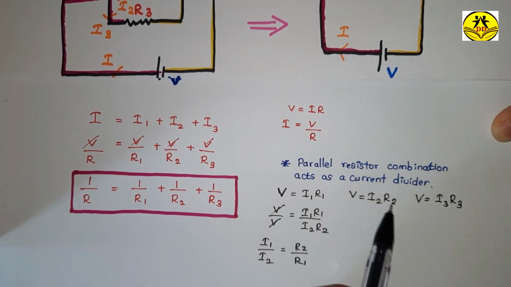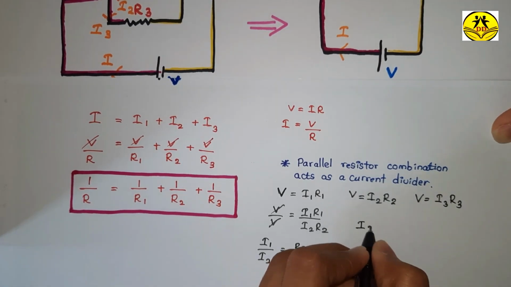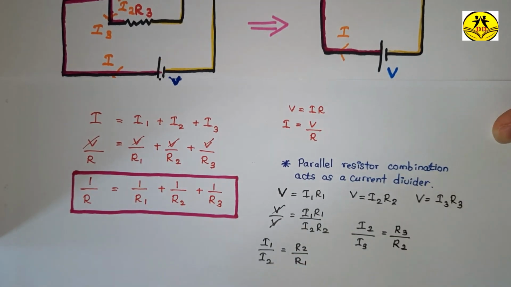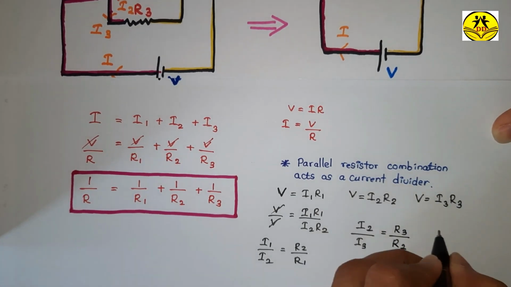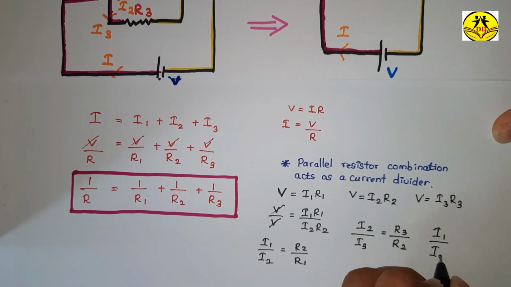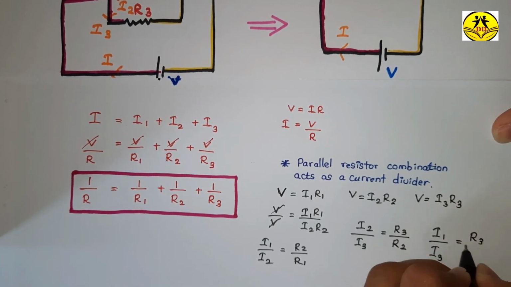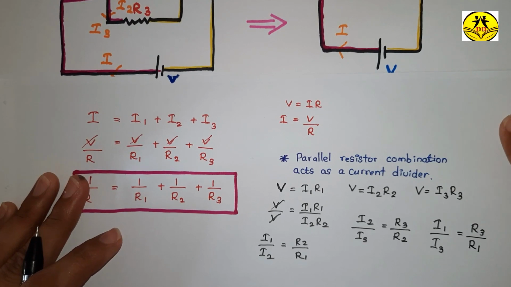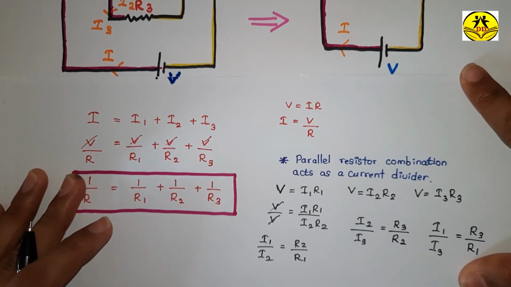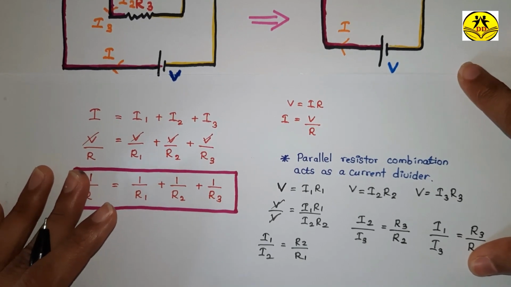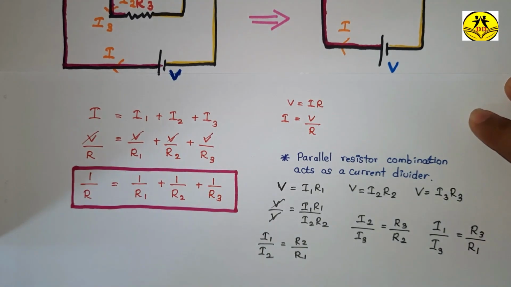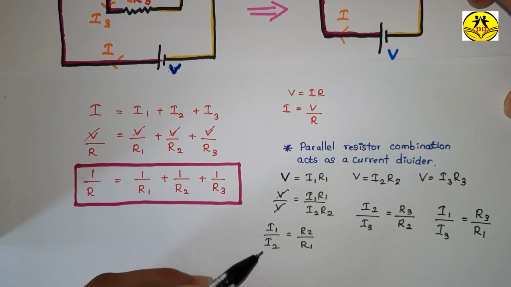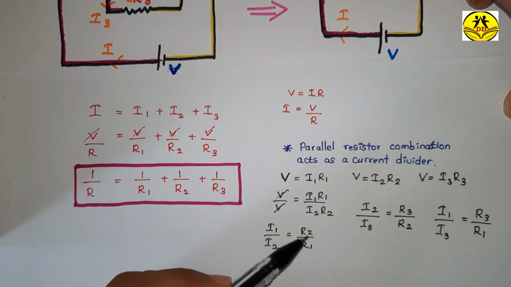Similarly, if you divide this by this, you will get I2 over I3 equals R3 over R2. If you divide this by this, you will get I1 over I3 equals R3 over R1. Likewise. So here you see the ratio between the currents flowing into resistors is equal to the inverse of the ratios